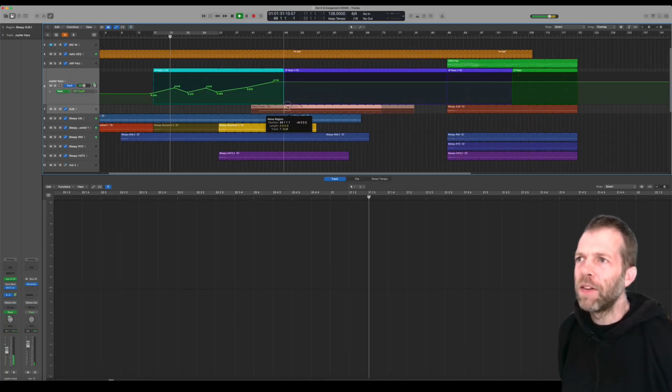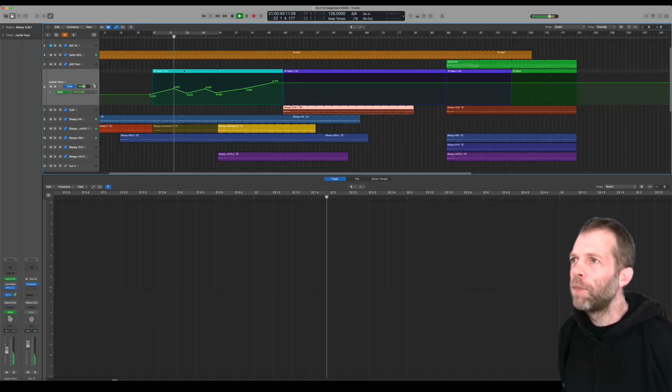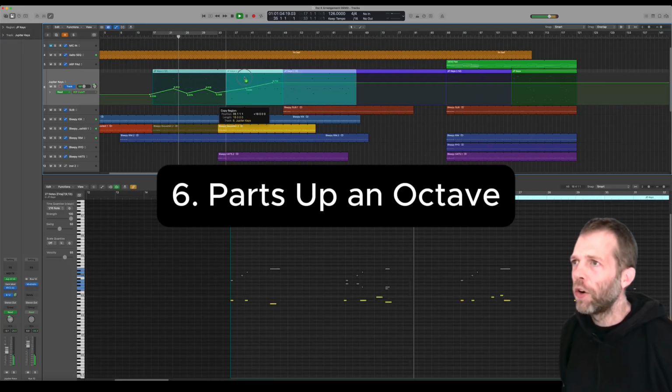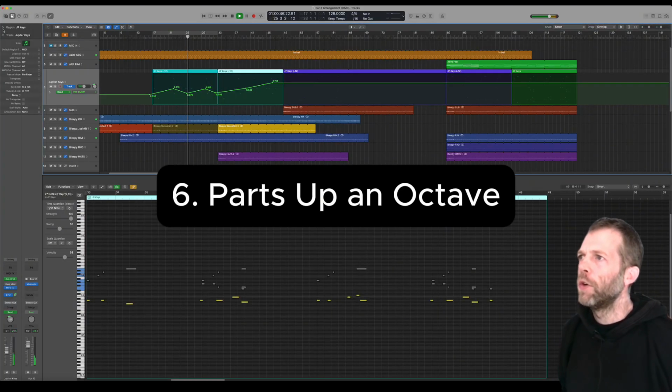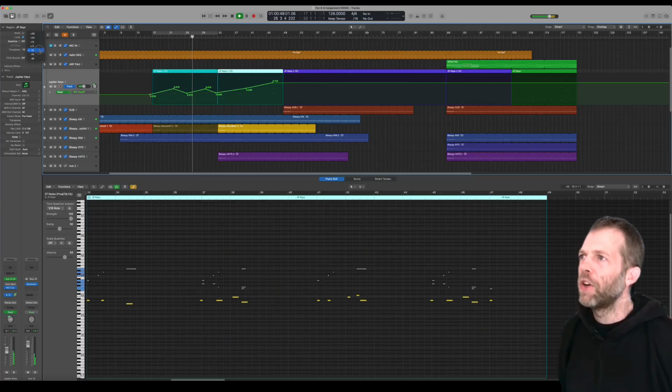I'm going to bring in the bass with the new part. I'm also going to try this an octave up the second time. So I go here, and I pitch it up an octave, change the color,